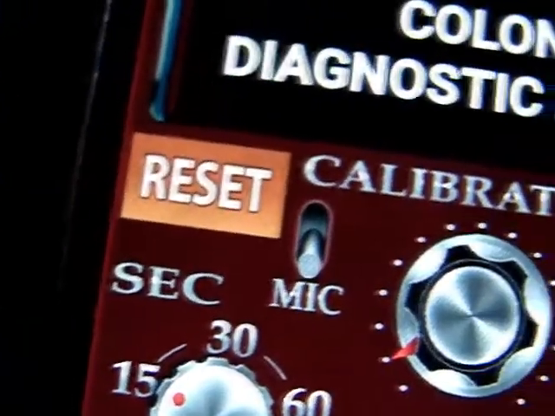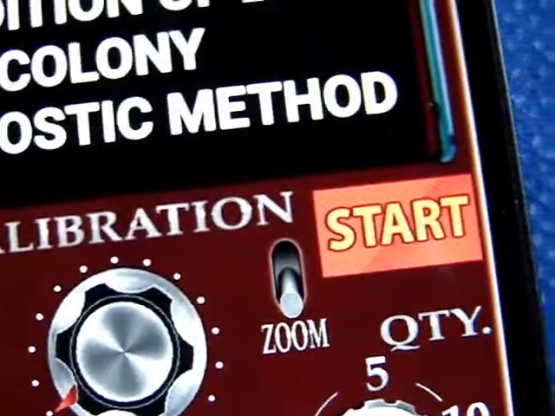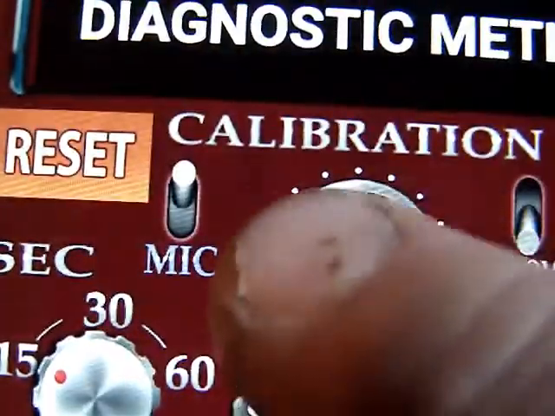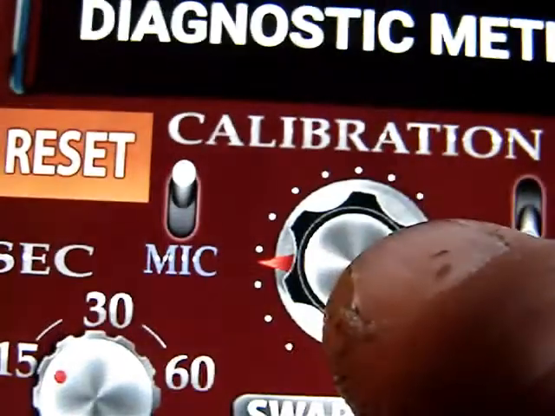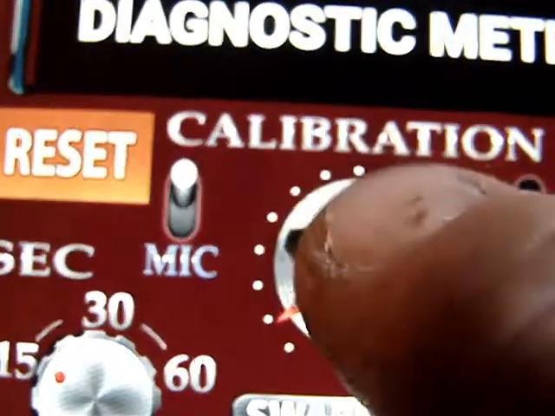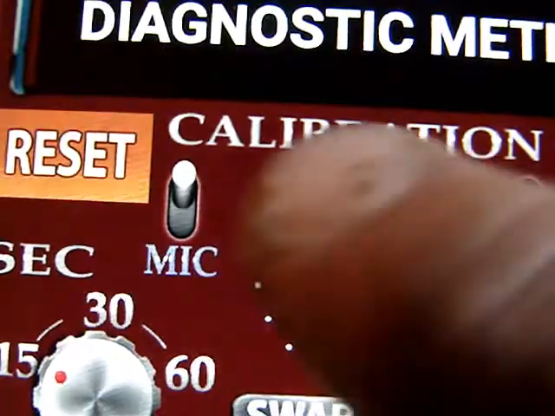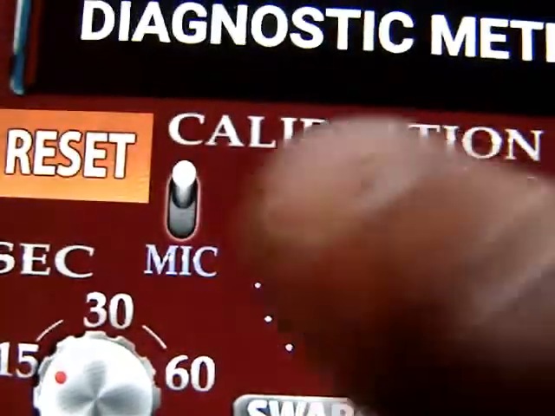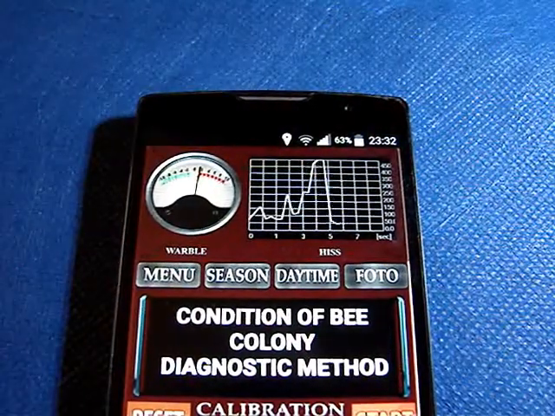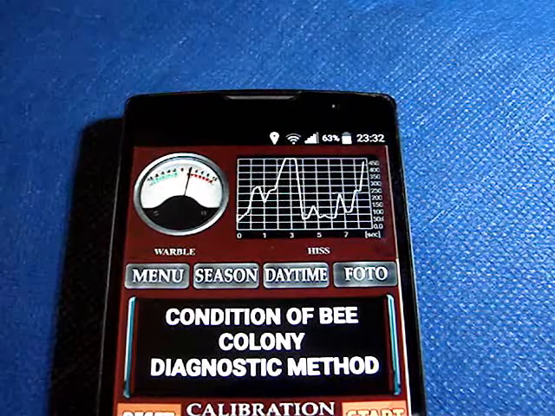In the new APIDICTOR mode, the instrument has 5 controls. The rotating regulator changes the scale of the right screen when the mic toggle switch is turned on, increasing or decreasing the microphone gain, and thereby changing the pulse size. The gain established by default is generally suitable for work, but you can try to find your own variant. The main thing is that the pulse, seen when you strike the hive, must not go out of the screen